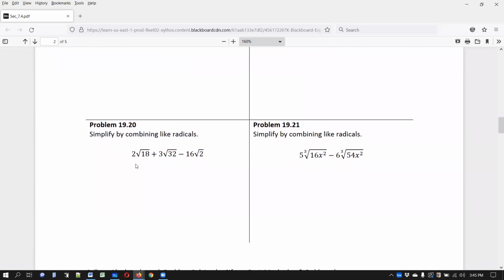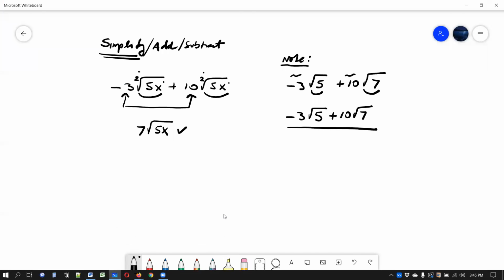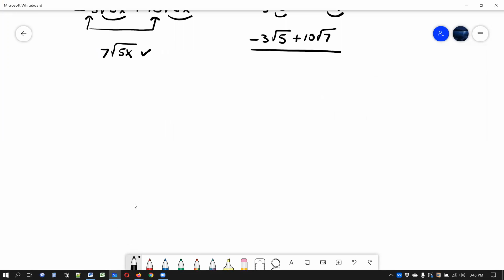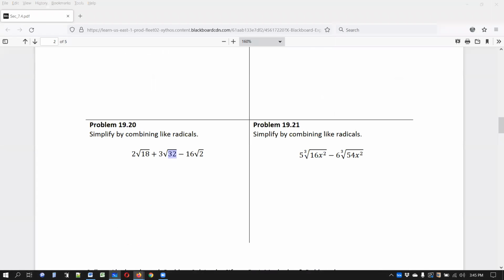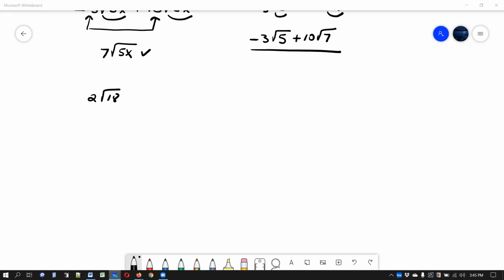So let's do 1920. 1920 is a very good case because, as you can see here, all of these radicands are different. So at first sight, there's nothing that we can do, but we may be able to simplify these two values. Okay, so let's see. So 2 radical 18, 3 radical 32 plus 3 radical 32